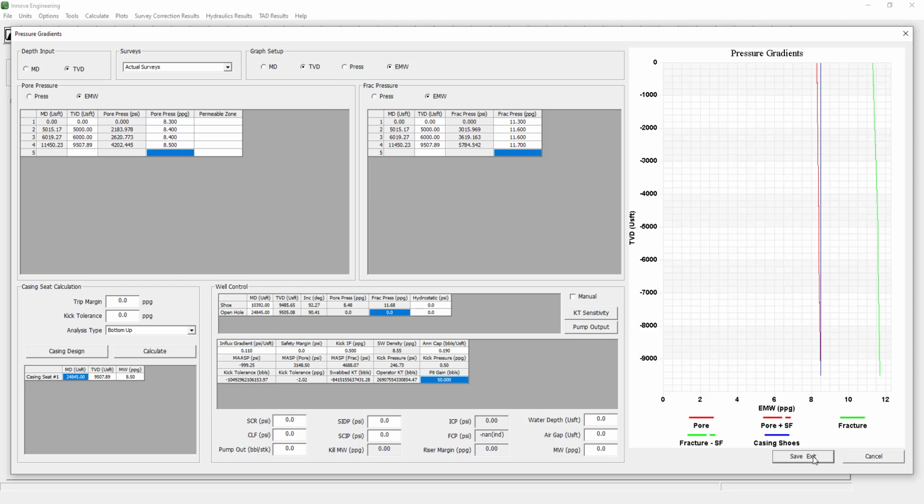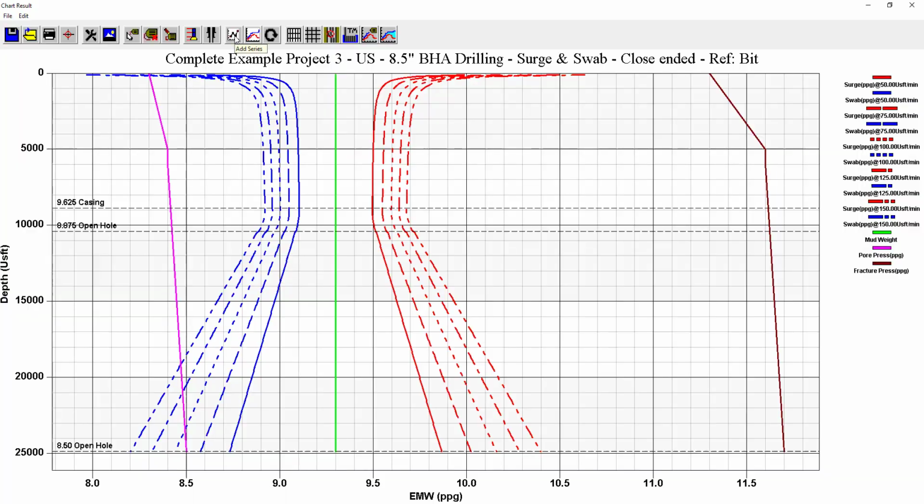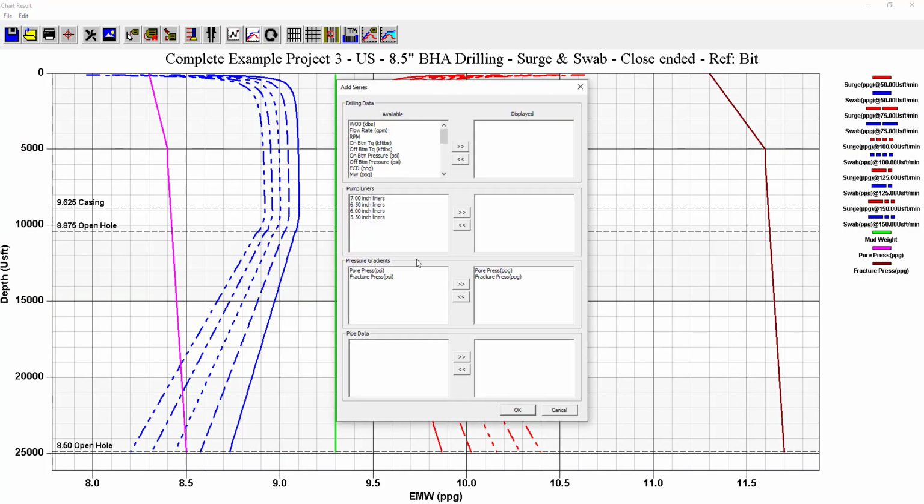Once I'm happy with my pressure gradients, I can select Save and Exit, and then I can add them to my results charts. So for example, if I go to my surge and swab chart, I can display my pore pressure and fracture pressure on the chart and see whether or not I'm going to have any issues with surge and swab. The last category is the pipe data,